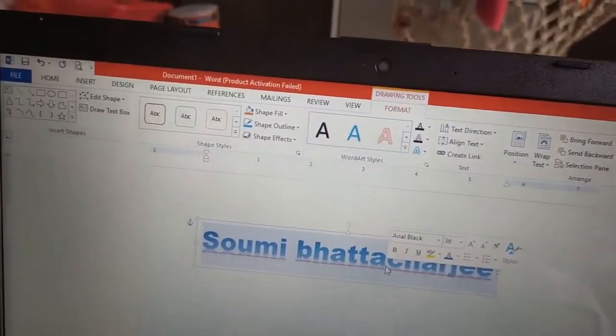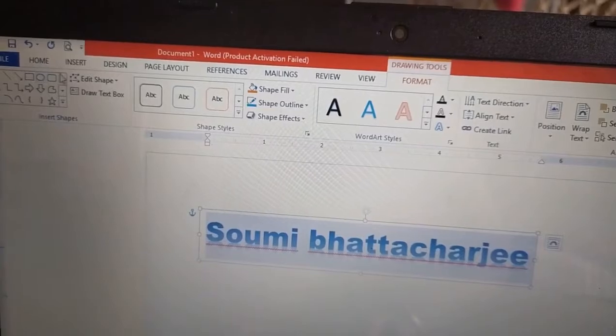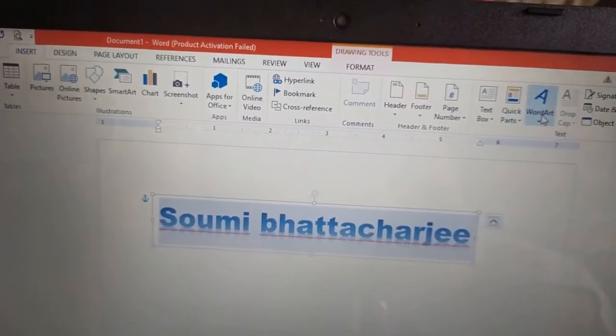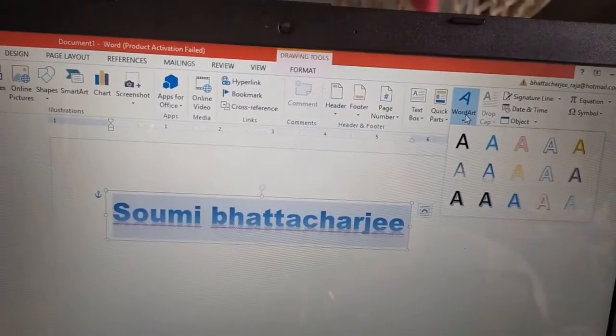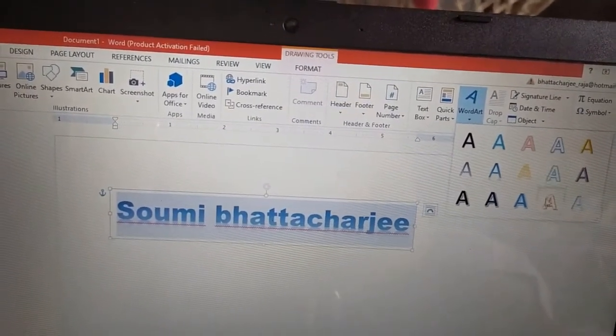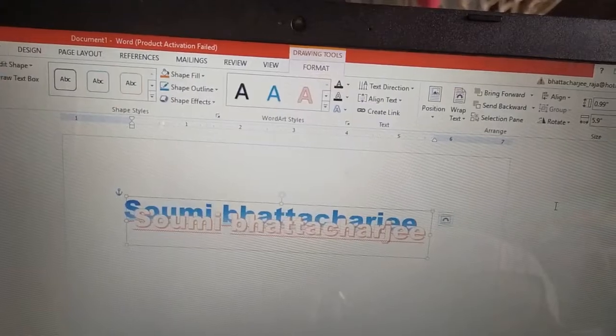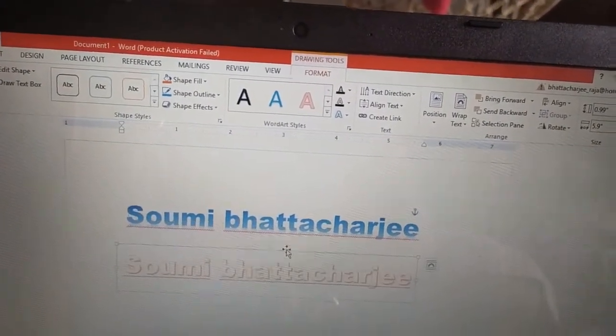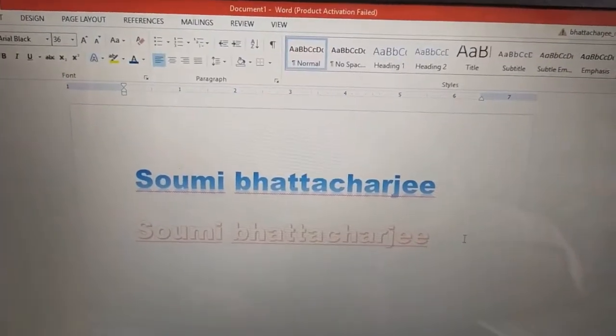Now I am repeating it once again. Insert tab, Text group, Word Art command is there. If we want to select any other option, we can do it. Clear everyone, I think?